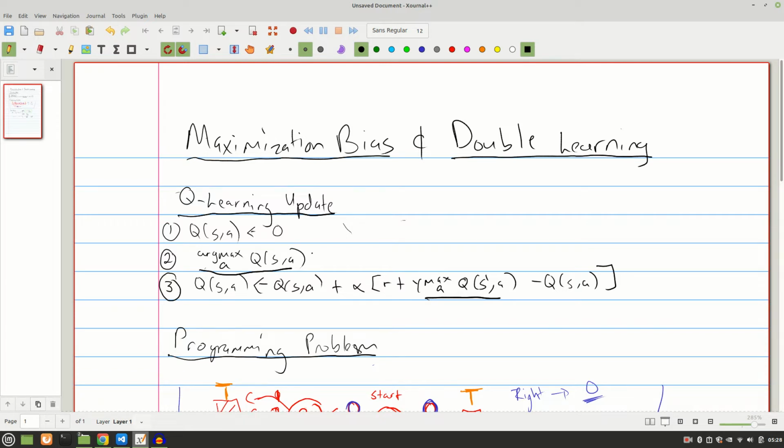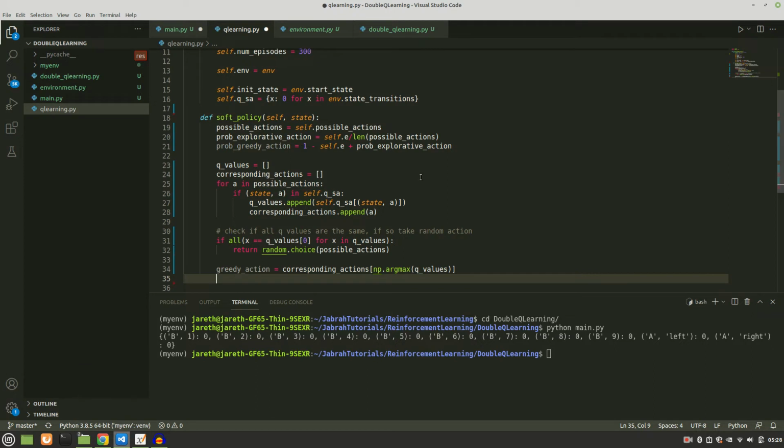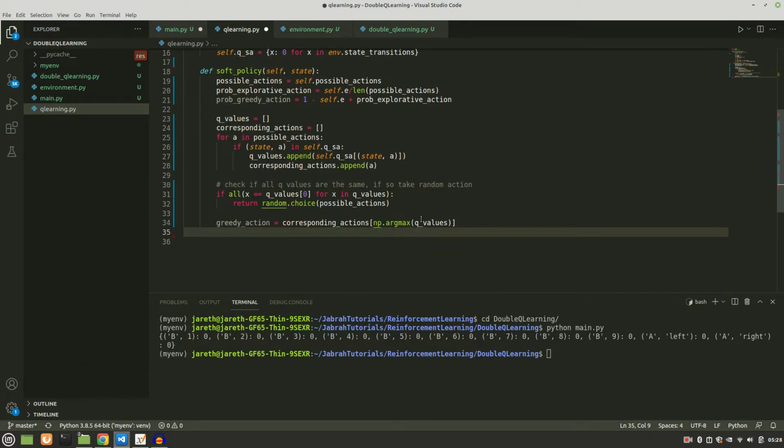So we are taking the argmax of the q values. So like I mentioned before, we will choose the argmax with this probability, or we'll take the explorative action with this probability. Here I'm just trying to figure out which is the argmax of the action, which is what I have here when I use the np.argmax of the q values from the corresponding actions. This will give me the greedy action in this instance,